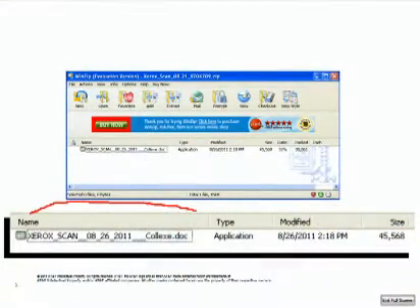So if we were to open the zip file up, what we see inside is a file name, and I expanded it here at the bottom. The file name looks like it's Xerox scan with a date in here and some underbars, collexe.doc. If I were to look at this as the average user, even myself, I would say, oh, it's a WinWord document. I expect it's going to open in Microsoft Word or whatever kind of viewer I'm using for .doc files. In reality, though, WinZip is actually honoring this right-to-left override bit.